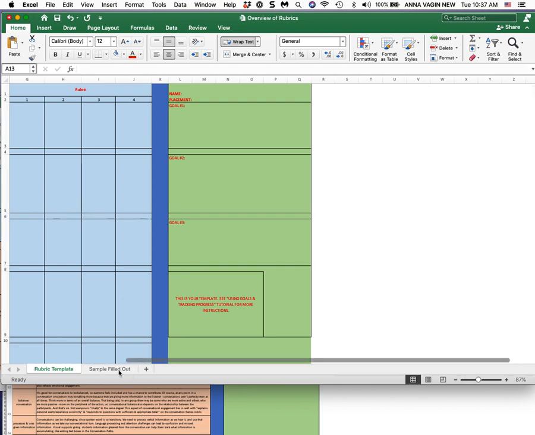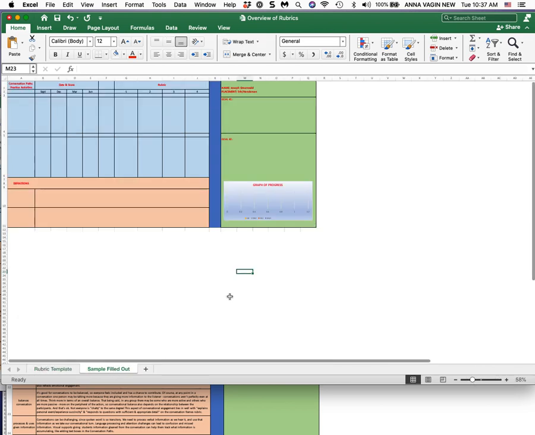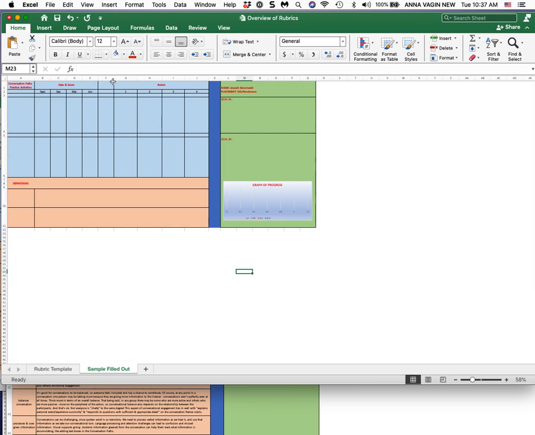The second sheet, here it's labeled Sample Filled Out. And when you click on it, we see a little bit more information. All of this blue and peach would be the same, except here there would be progress noted as far as how the student is doing. But over here in the green, there's a place where you would put the progress for both goals if the student has two goals. And then there's a graph of progress. Always nice to walk into an IEP with a visual support. There's another tutorial about how to make a graph in Excel if you're not familiar with that.